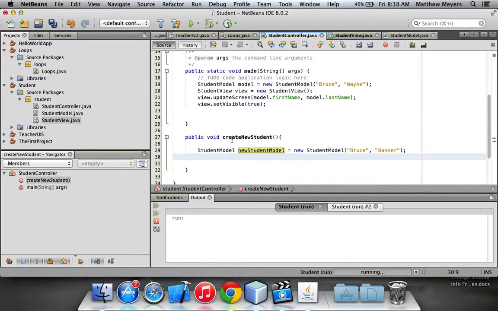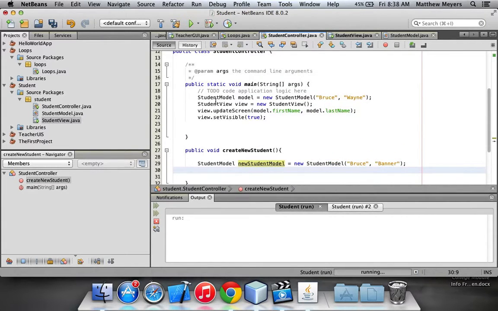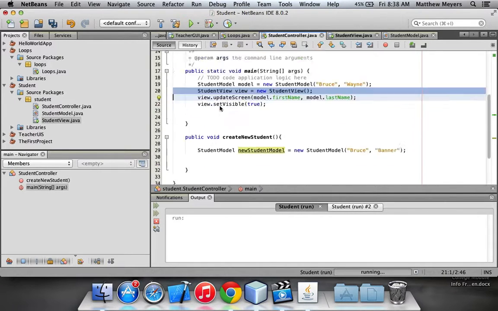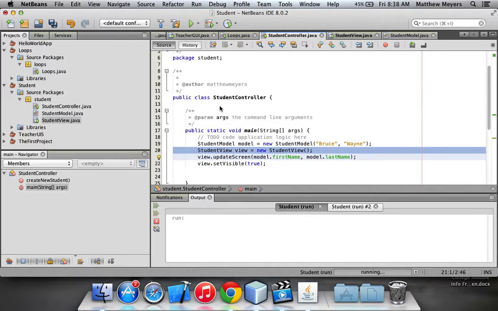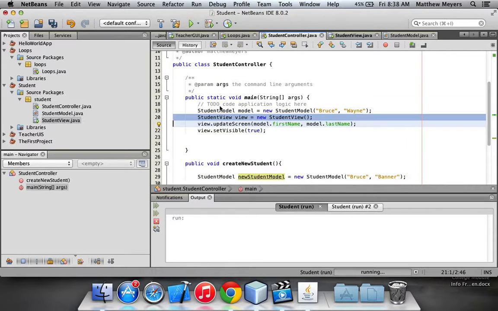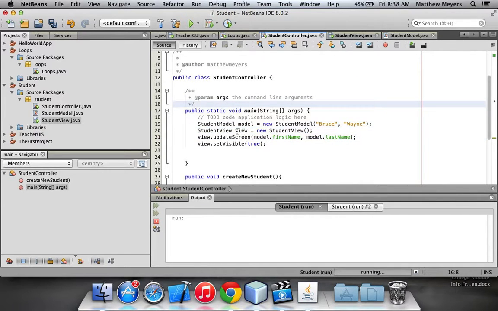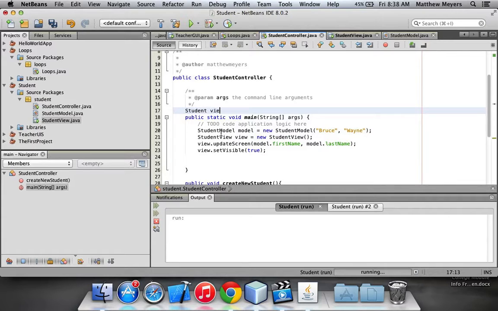Now you might be asking yourself, all right, well, how do we send information back to that view? Well, it looks like what we did here is we declared student view as not so much a class variable. We probably wanted it to be a class variable. So if we take the student view, this line, and we break it up and we say student view, and we set it up as a class variable,